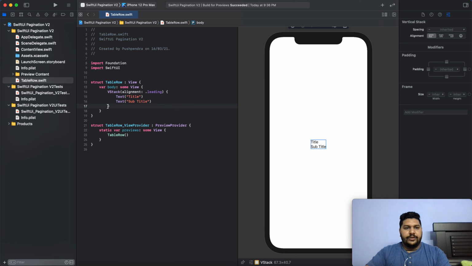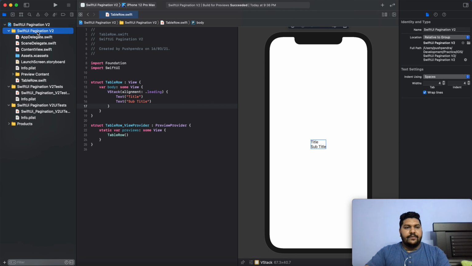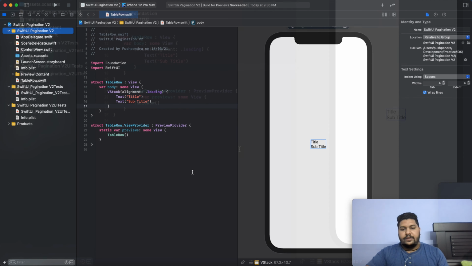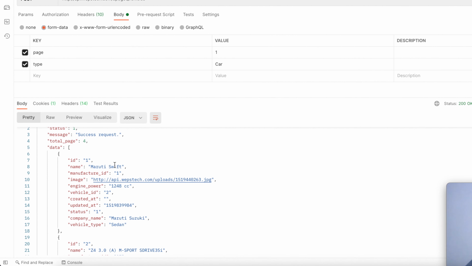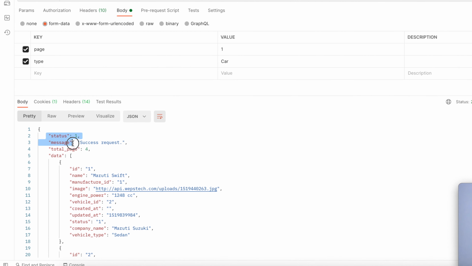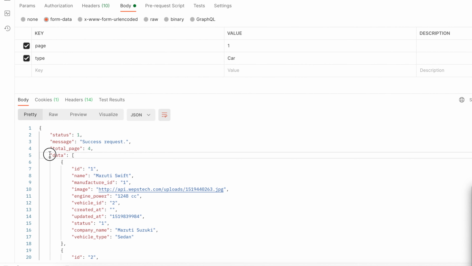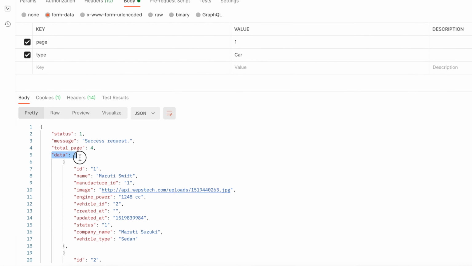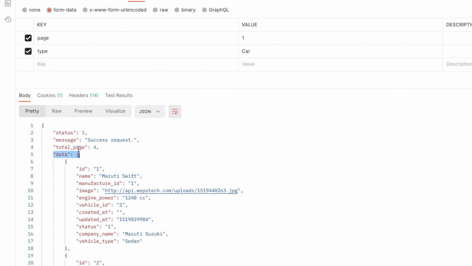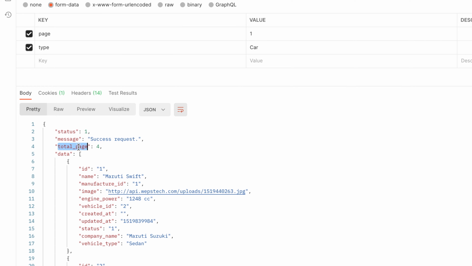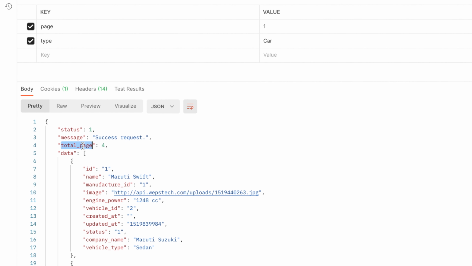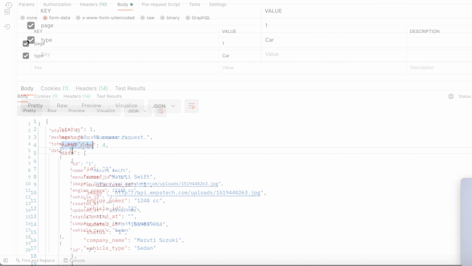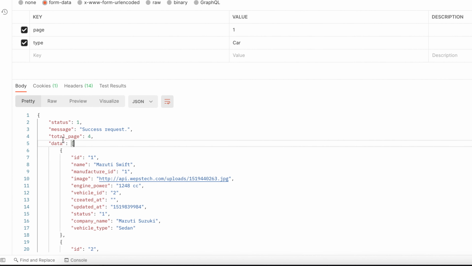Now after that, what you need to do, create one view model class which will handle your data which will come from the server, and in which format you will receive the data from the server. Here is the output. This is the JSON object, and inside the JSON object there is data, which is an array list, and here you can see the total number of pages. What is the total number of pages? It completely depends upon the number of records that exist in the database. So how will the total number of pages be calculated at the backend side?